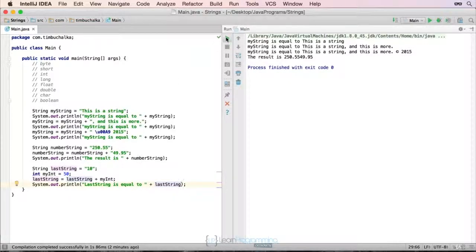Let's run it and see what it comes back with. So what's happened there is we had last string set to 10. Integer, which is a number, was set to 50. But in this line here where we've added my integer to the string, because we're using a string on the left-hand side and there's an integer on the right-hand side, so what's happened here is we've started off with a